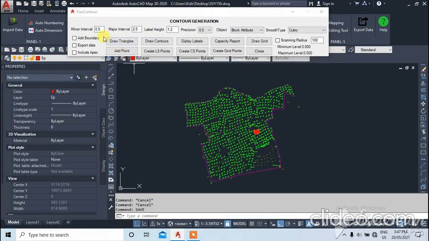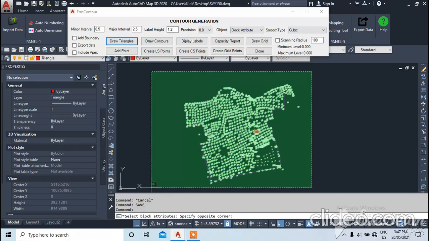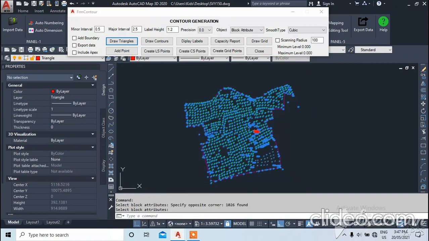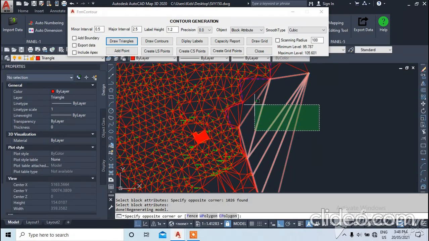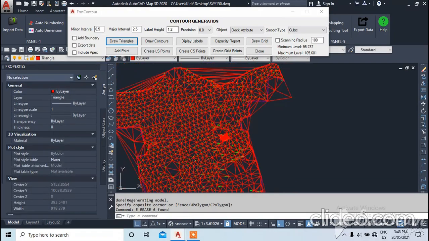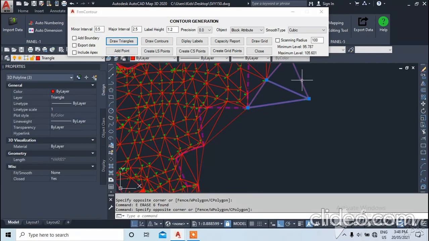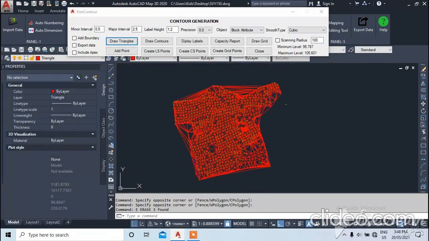It just draws triangles. See, you remove these unnecessary triangles which are not required.